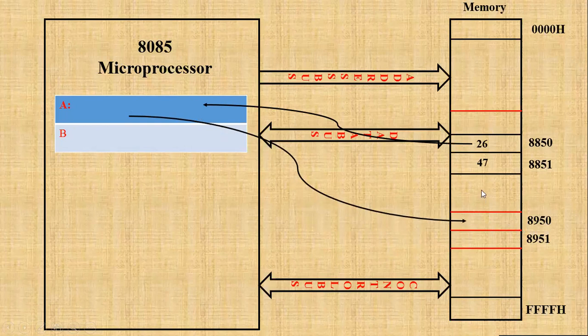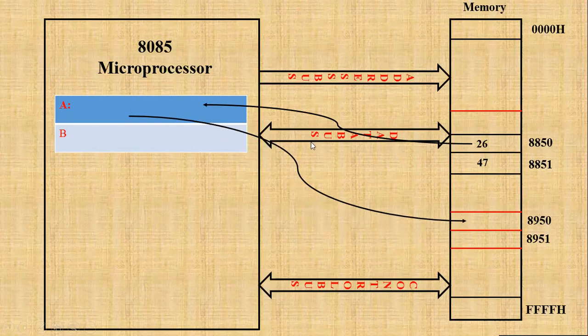It may be any location. Depending upon the kit, what type of manufacturer you're going to use, you can use the appropriate address. The program remains the same. There is no change in the program. Only thing is there will be a chance of changing the address. Rest of the thing remains the same.